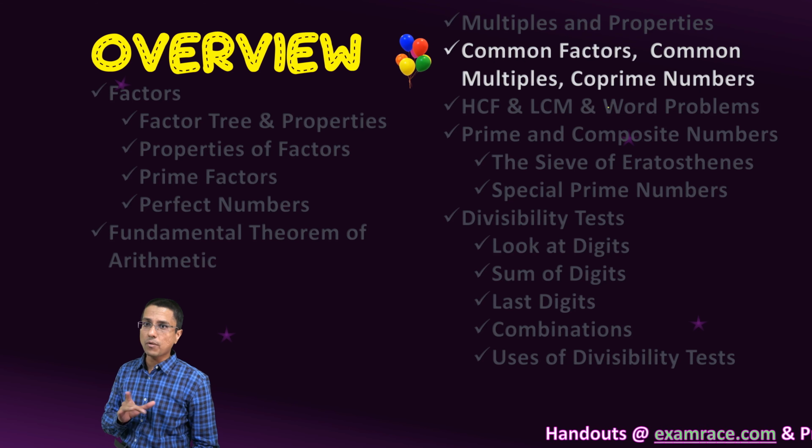They have no common factors between them, except one of course, and therefore they are all co-prime to each other. So co-prime, remember, denotes a relationship between numbers. It does not apply to an individual number. Very, very important. Now let's move on to the last important terminology, and here we'll look at common multiples.